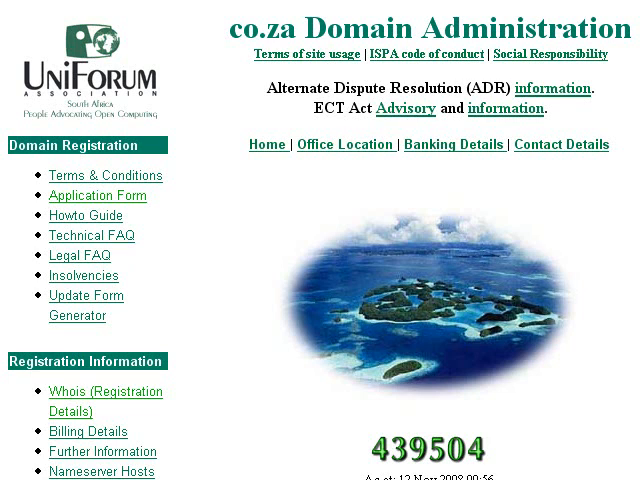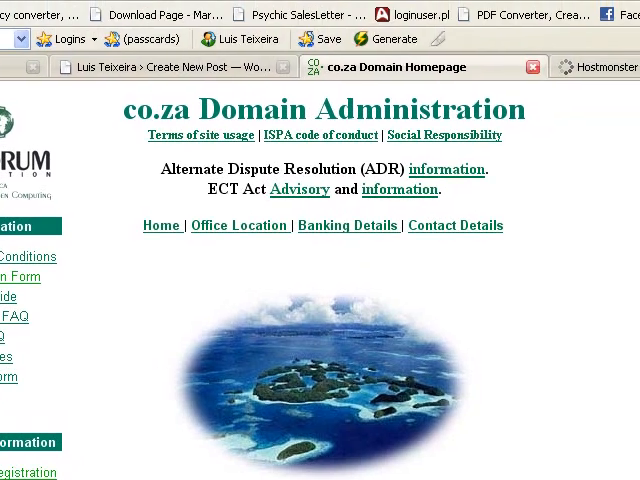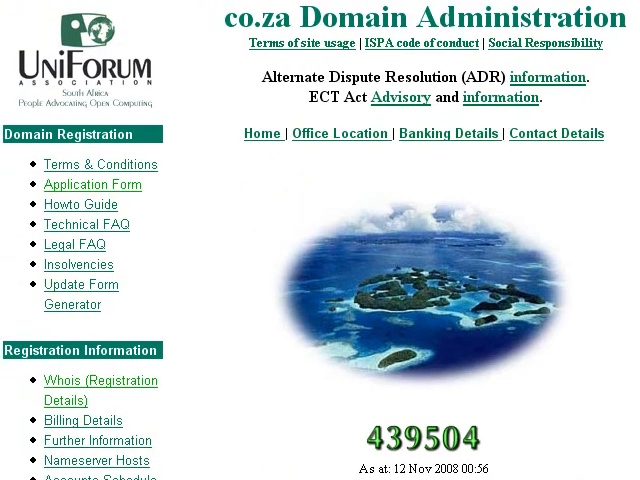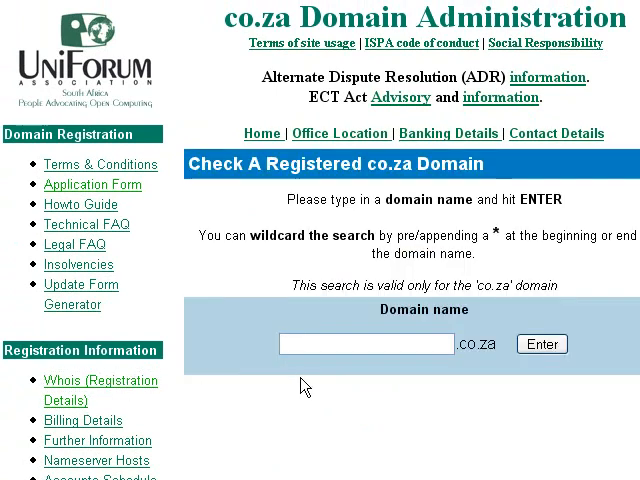Alright, I want you to go to the address of .co.za in your address bar and press enter, and you'll come to the exact same website that you're seeing now on the screen. This is where everybody that has a .co.za registration comes to register. What you need to do first, to see if your domain is available, is click on whois, and you type in there